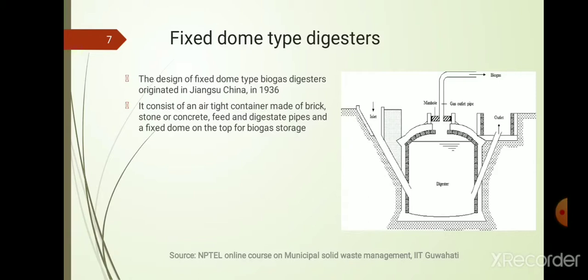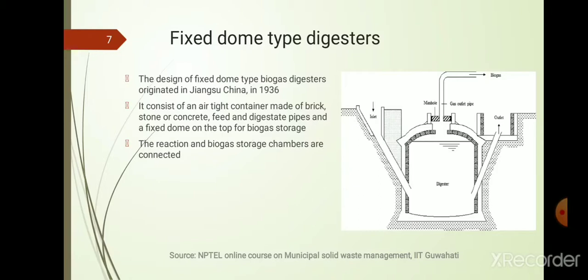So it consists of an airtight container. This is the reactor itself, and it is made of brick, stone or concrete-like material. And we have the feed pipe and digestate pipe, the fixed dome, and the top of the fixed dome is used for gas storage. So the top of the digester itself is used for gas storage,